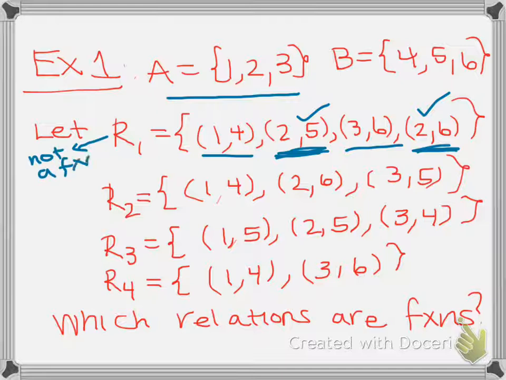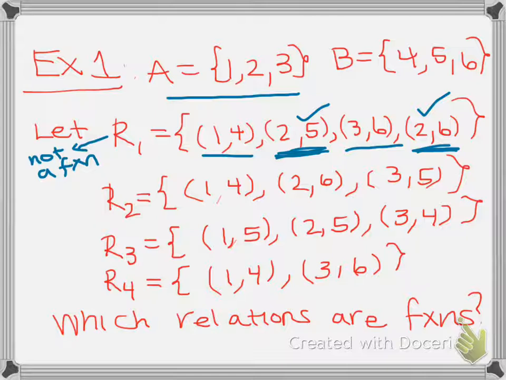Not a function. Okay, and we go to R2. R2, let's see, 1, 2, and 3. 1 goes to 4, 2 goes to 6, 3 goes to 5. So it satisfies the first condition, and the second condition says if x's are the same and they go to 2 different places, then